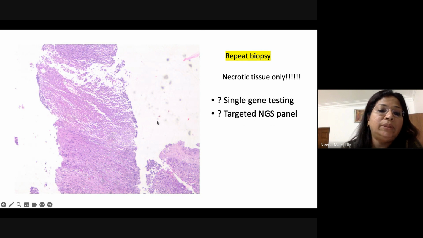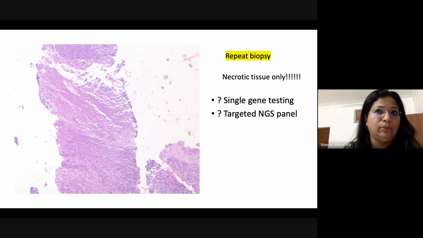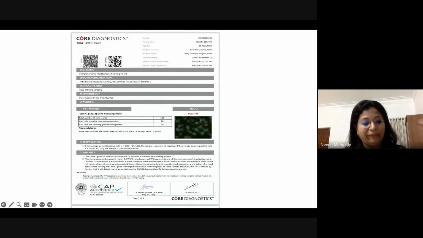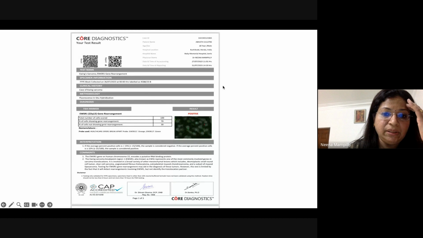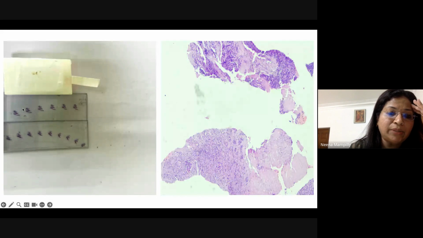Anyway, we sent both the initial block and this block for a single gene. We decided to go for single gene testing as for Ewing sarcoma, and fortunately for us and for the patient, it came out as positive by FISH. EWSR1 gene rearrangement was positive, because Ewing sarcoma requires a molecular confirmation before they start treatment. So, managing tissue. Going back to that particular case, you can see there was no need actually for so many